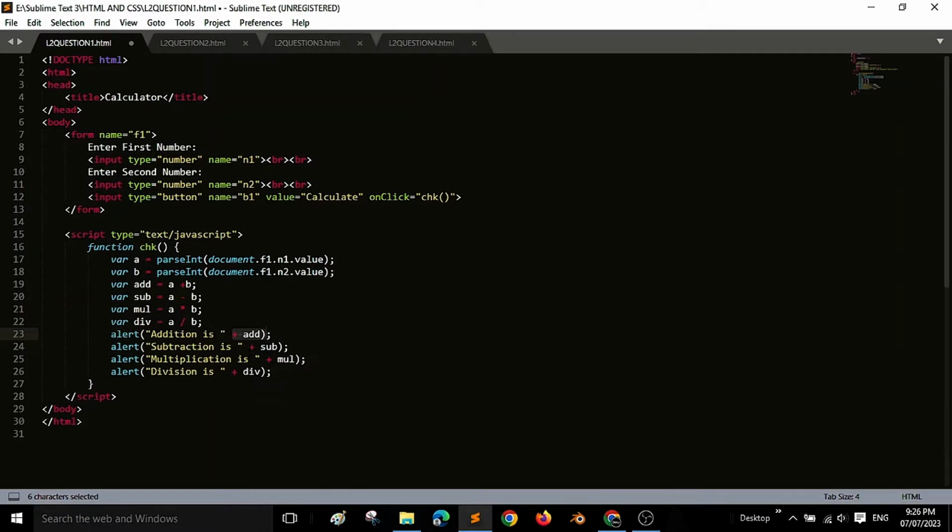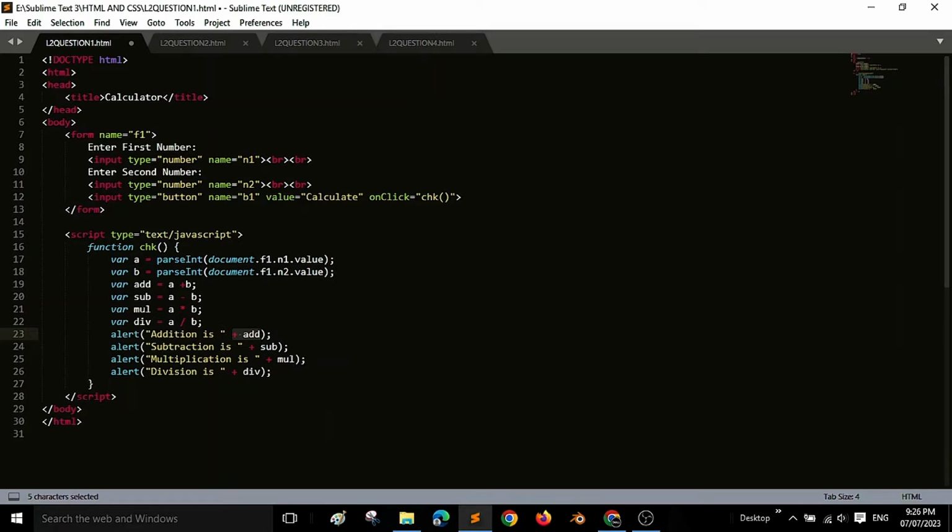These are the answers which a and b have stored in them. Each and every result is stored and later on displayed. Like addition is 2, subtraction is 0, multiplication is 1, anything. I'm just giving an example. So it will be displayed like that.